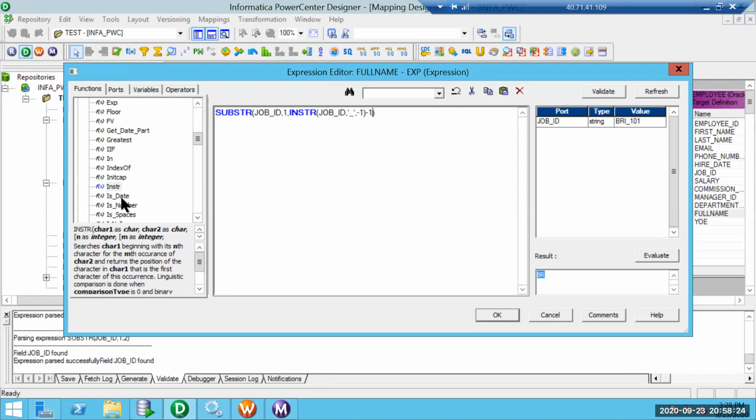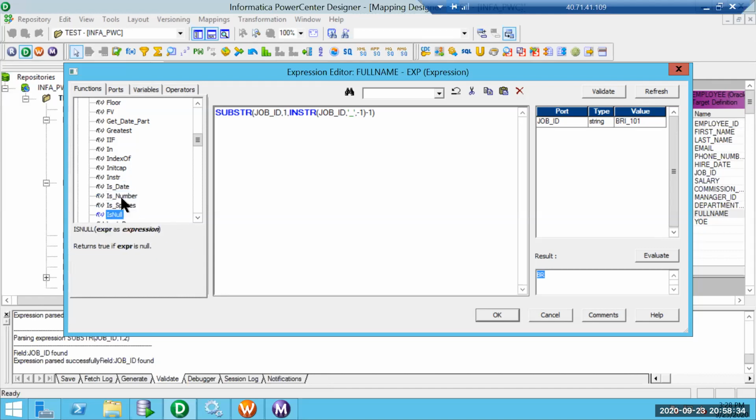So is date is going to validate if it is a date, is number is going to validate if it is a number, is spaces checks if it contains any space, is null, we have already seen, checks if there is no data. So last day means in a month, let's suppose February. In February, when it is a leap year, it will have 29. If it is not a leap year, we'll have 28.